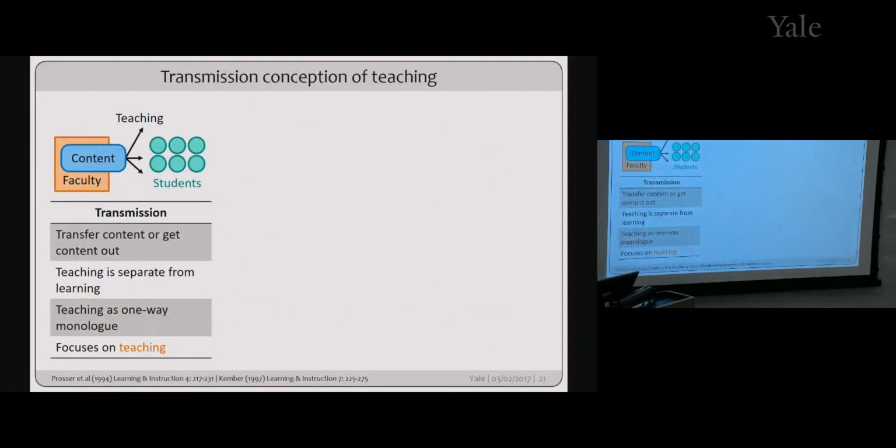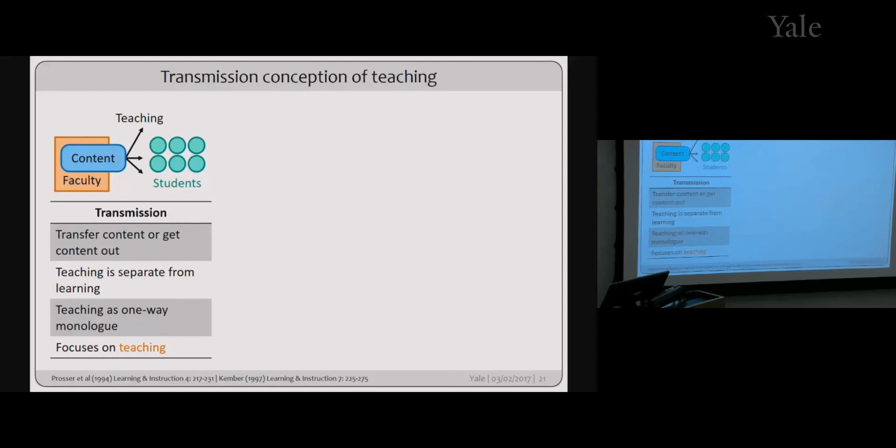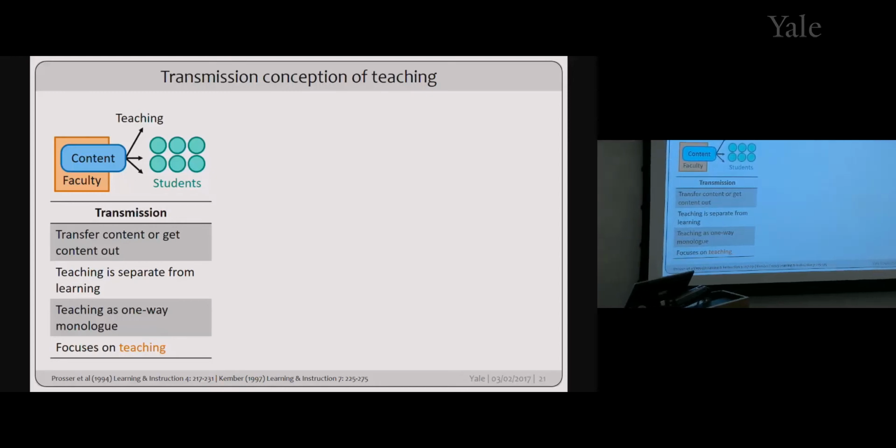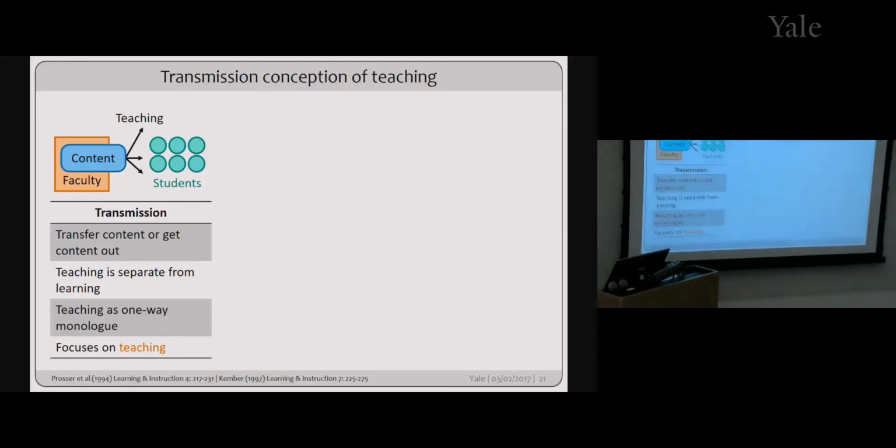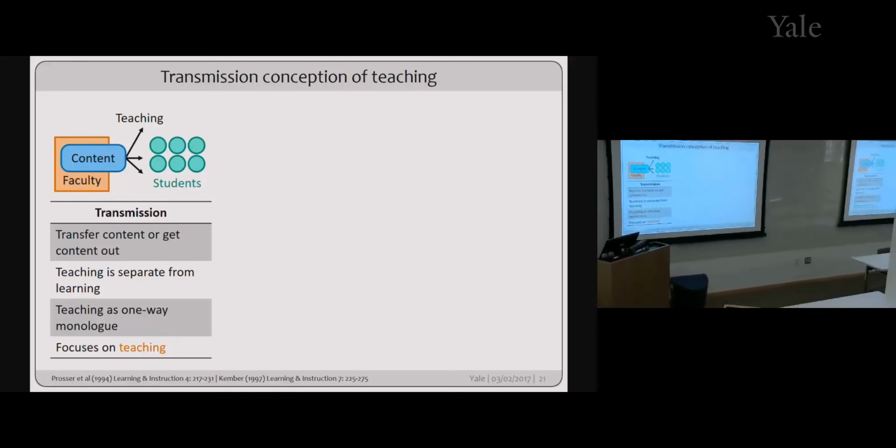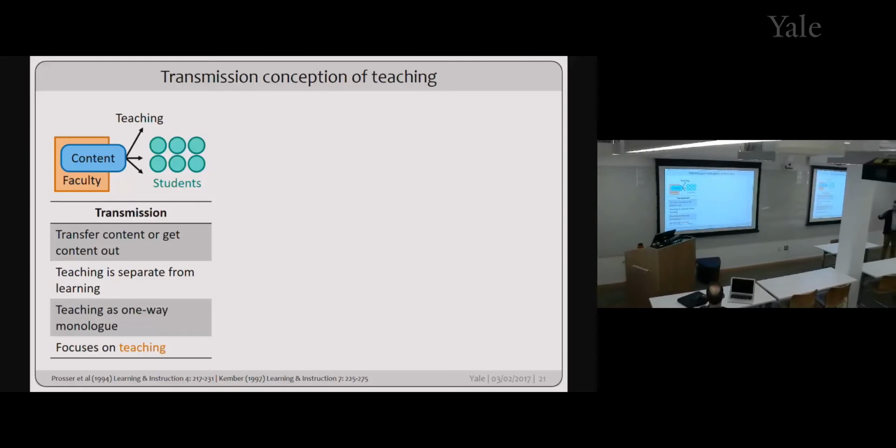So this was actually really extensive work done in the 80s and 90s across the world. A lot of it was done in Europe and Australia and Asia, but also some of it was done in North and South America. And it turns out that after interviewing tens of thousands of faculty across the world in higher education, there are roughly 3 major conceptions of teaching. One of them is transmission. And the idea here is to get the content out.